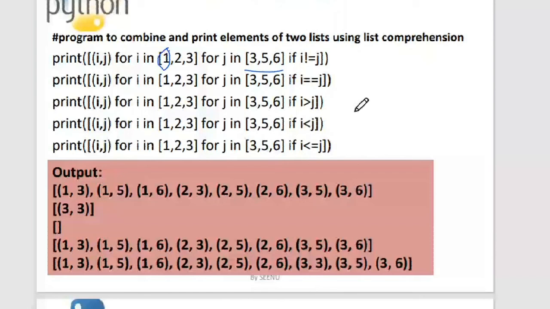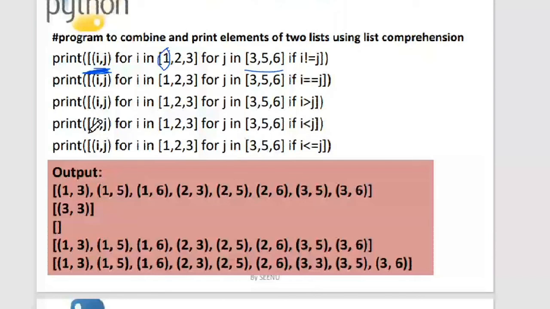And now for the combination, we are saying we want it to be in this combination. We want i comma j. You can also perform some expression, like i into j, or whatever you want you can put over here. I just have put i comma j, because I just want the combination of the elements to be printed. Whatever is there in the syntax, there can be an expression; you can put any expression there. Is it clear? Yes, ma'am.